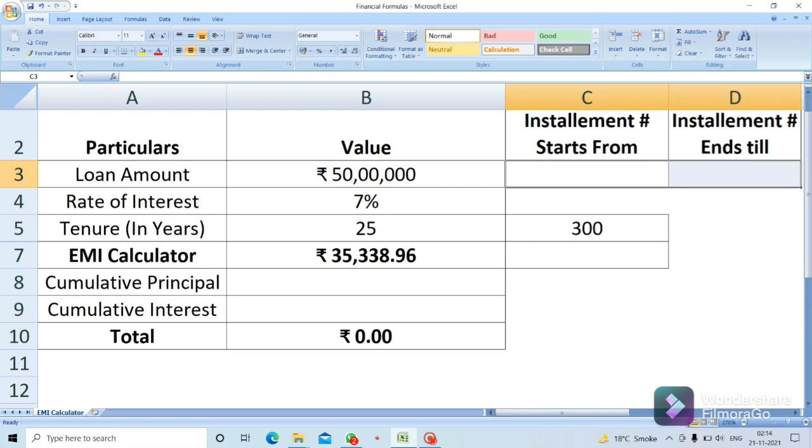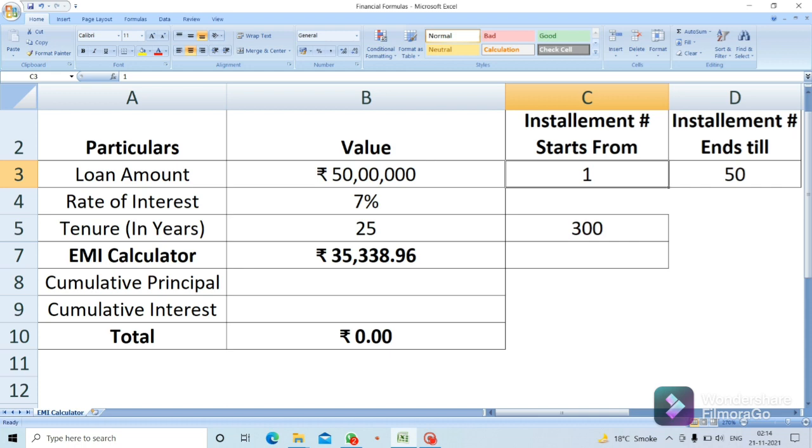This is Amit. In our last video we saw how to calculate the principal and interest on a particular EMI amount. In this video we will learn how to calculate the cumulative principal and cumulative interest on a certain number of EMIs that we have paid. For example, if you want to know how much principal and how much cumulative interest we have paid from the first till the 50th installment, we will use two separate functions to calculate the cumulative principal and cumulative interest. Please watch this video till the very end to understand both concepts in detail.